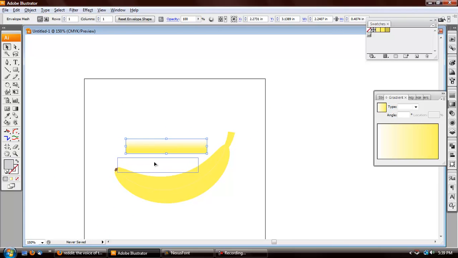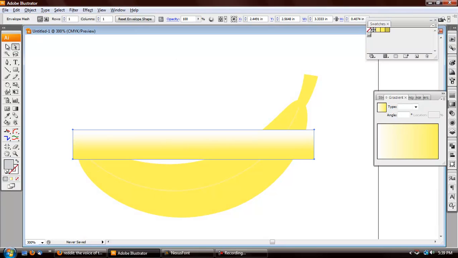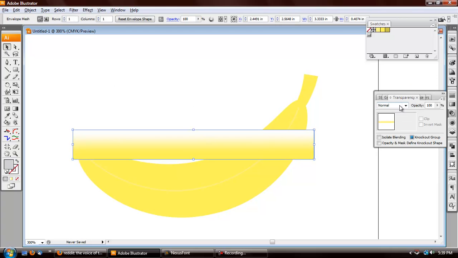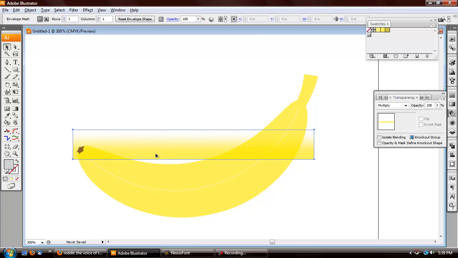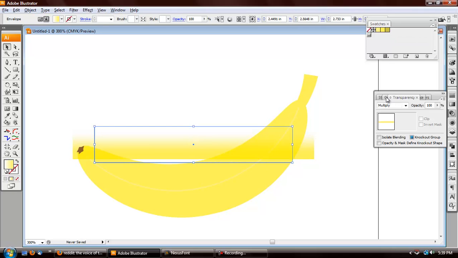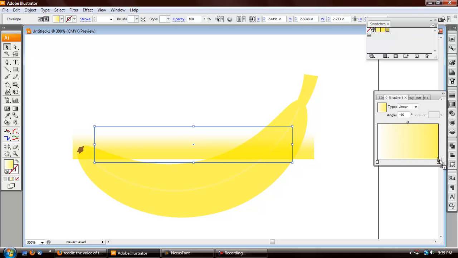All right, so what we're going to do is take this, position it over our banana here, and move our points to some key areas. Let's set this to multiply so we can see through it. As I explained in the last one, multiply will get rid of all the white, and it'll do this sort of overprint effect. But I realize that the yellow we chose isn't good, so right now you have the mesh selected, you can go to Edit Contents, and edit the contents. Now we're going to change this gradient to be this Dijon mustard color,